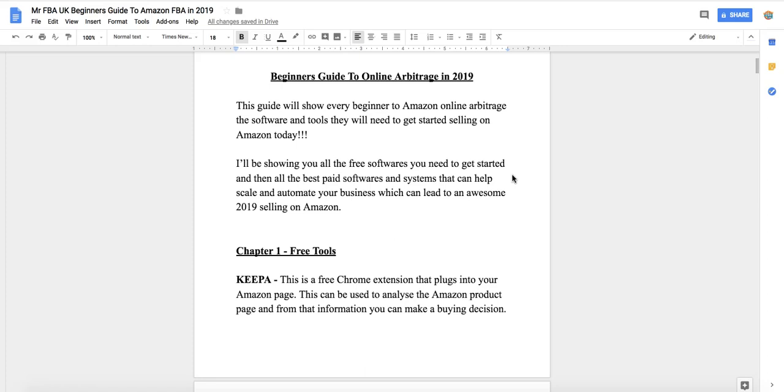So you've got free tools. Now, everyone knows the number one free tool to use is Keepa. Without Keepa, back in the day, you probably could never have really made some decent money on Amazon. Keepa gives you so much information. You could spend hours and hours going over videos on Keepa, which I probably have done, and I can show you all the ways that Keepa helps you analyze different aspects